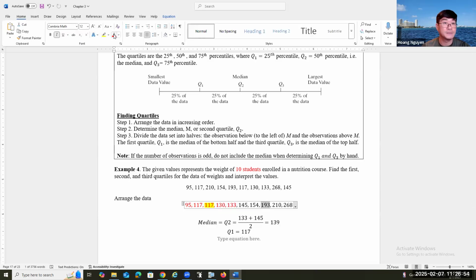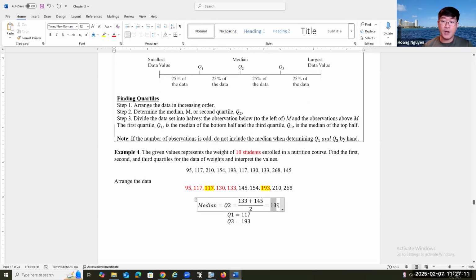In this case, Q3 is going to be equal to 193. Okay, so that's how we determine Q1, Q2, and Q3 by hand. Just in case you want to know how we interpret this: the overall median is Q2, which is the 50th